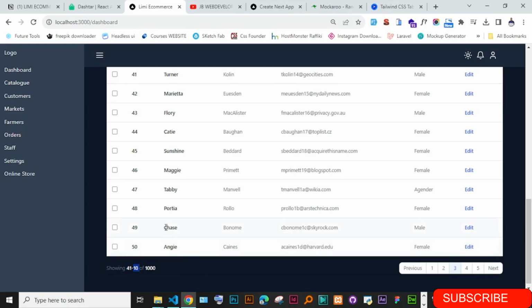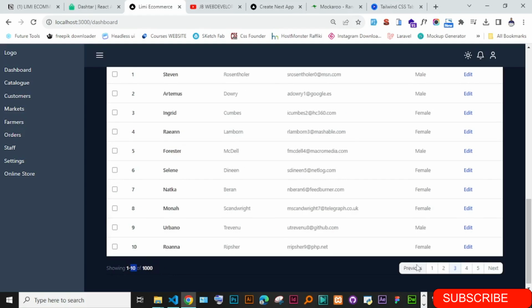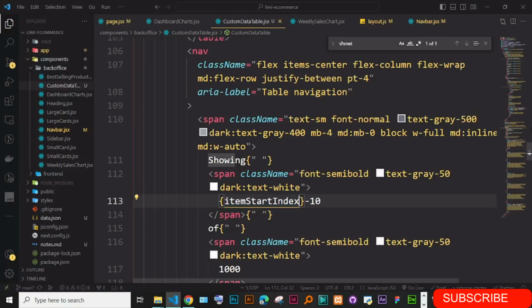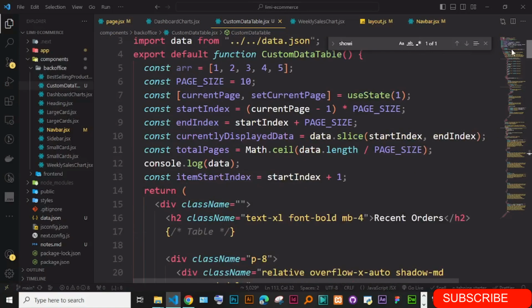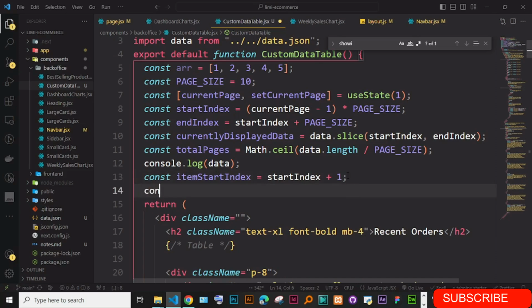Okay, end index. Let me first go back to this one. So we have this 10. How do we calculate this 10? This one was easy. The item start index, we have to calculate the item end index. So the item end index, we might just calculate it also from the page size. Const item